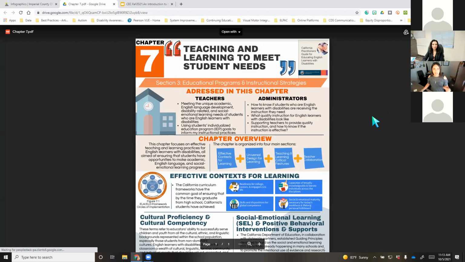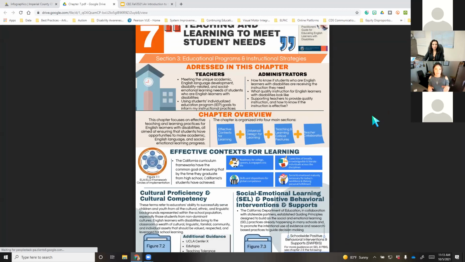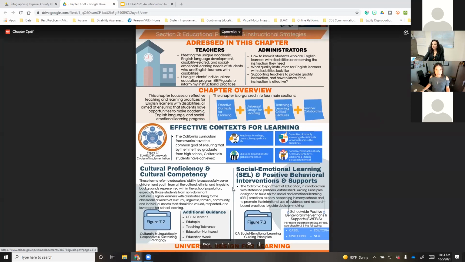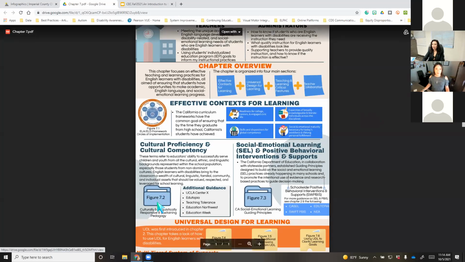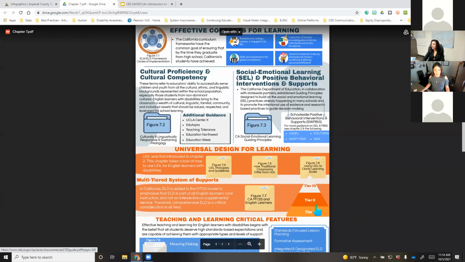So we've visually taken the content and organized it in a manner that is visually pleasing and also helps us provide those visual scaffolds to help organize how one point builds on another, builds on another, builds on another. So you can see the chapter overview, effective context for learning. You'll see that the figures referenced in the chapter are also linked, places to receive additional guidance related to those headings, UDL, more figures, a visual representation to support the content that's being shared,